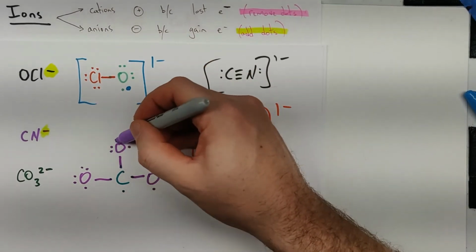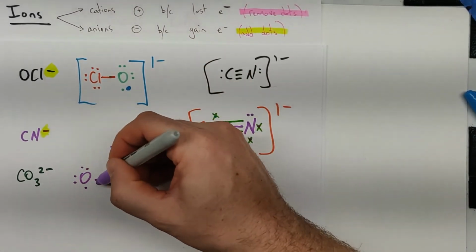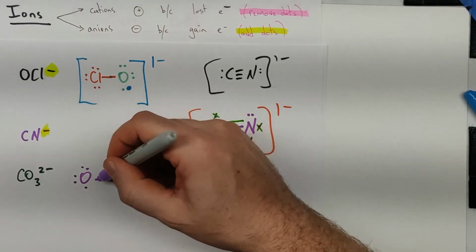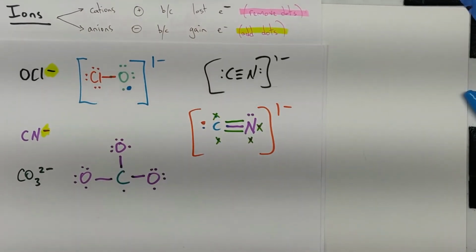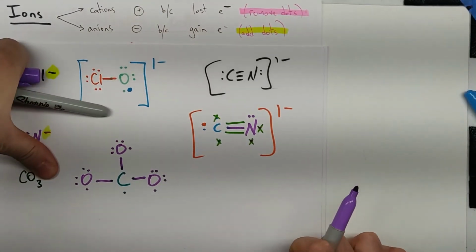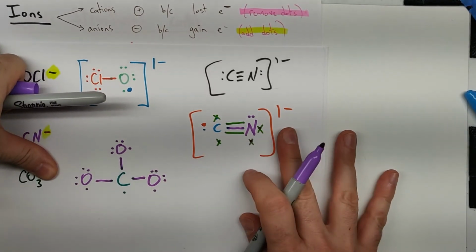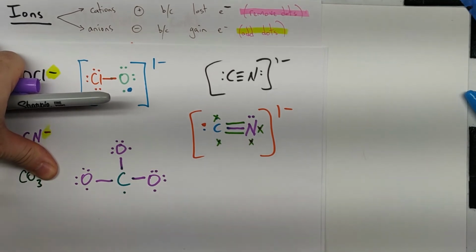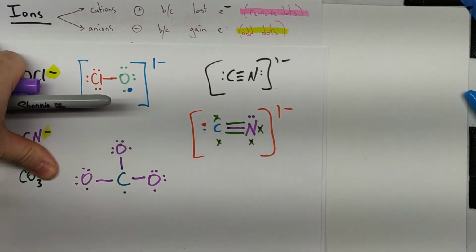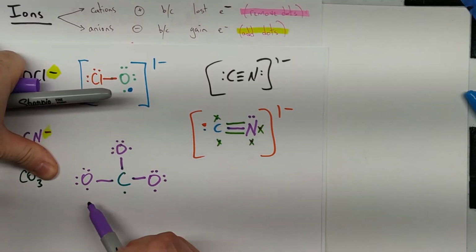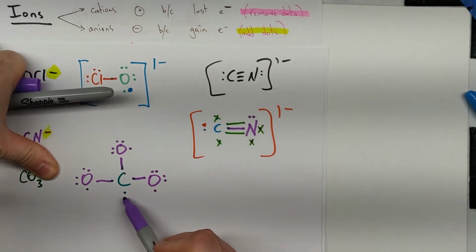Right here we've got 2, 4, 6, 7, repeated for each atom. I'm not going to worry about the charge until the end. And maybe that is something slightly different. There are all kinds of ways to do Lewis structures, but I want to bond what I can and then worry about everything else later. And if you look here, there is a potential bonding location there and a potential bonding